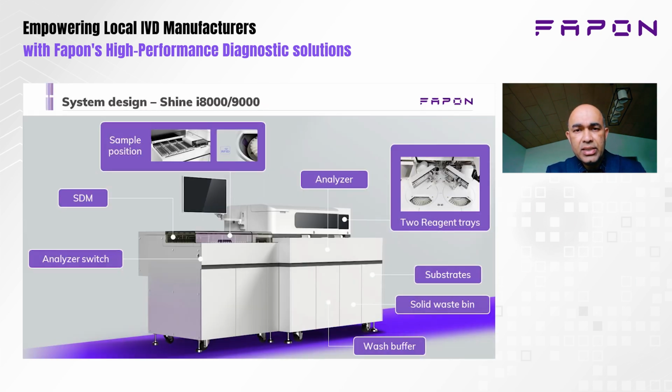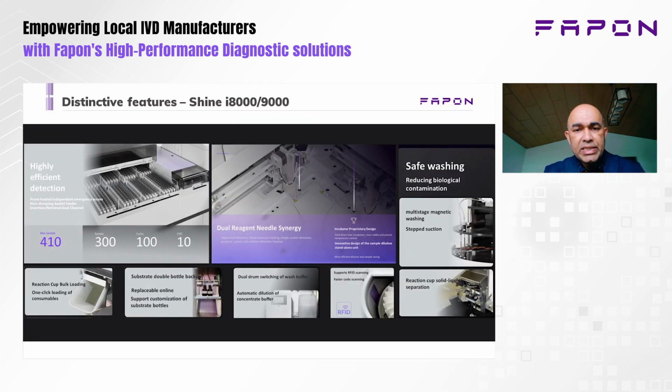Now the latest one that we launched at the AACC last year is the Shine 8000 or 9000. This has 2 reagent trays. This is a standalone system, and the capability of the instrument is it can go up to 900 tests in a single module. But if you combine 4 modules, then it is 3600 tests. So the maximum sample capacity is 410. 300 are regular samples, another 100 come as a batch, and 10 you can use for the stat